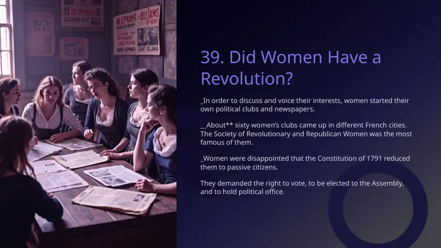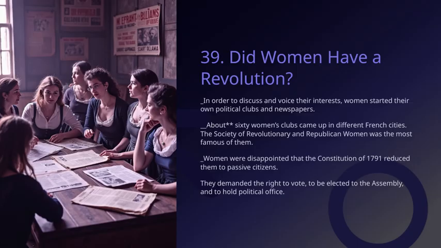So, did women actually have a revolution? Well, in many ways, yes. Women began to organize themselves to voice their interests and push for change. They started their own political clubs and newspapers to make sure their voices were heard. In fact, around 60 women's clubs emerged across different French cities, showing a real surge in women's political engagement. One of the most notable groups was the Society of Revolutionary and Republican Women, which gained quite a bit of